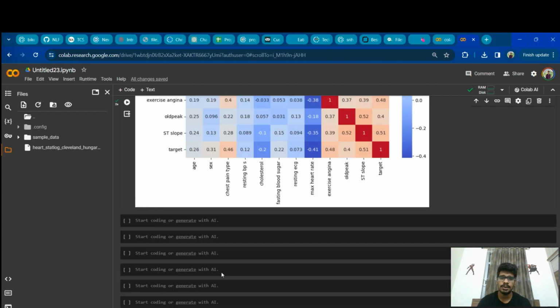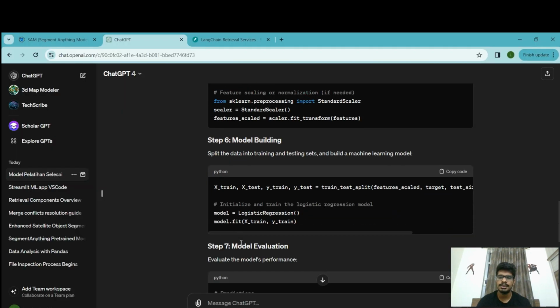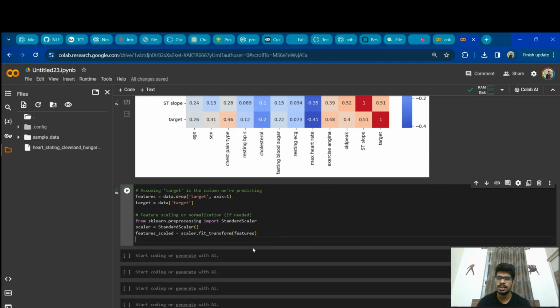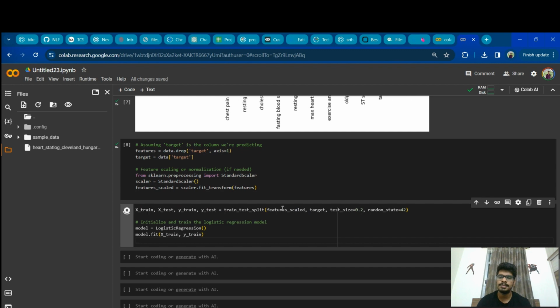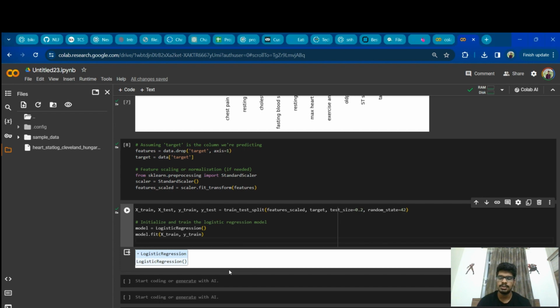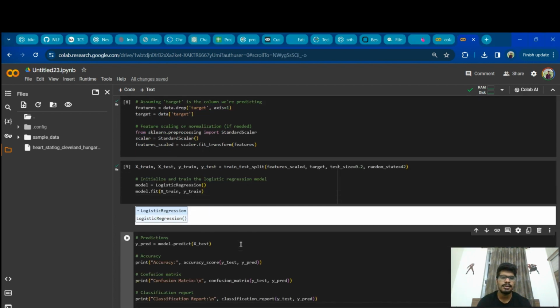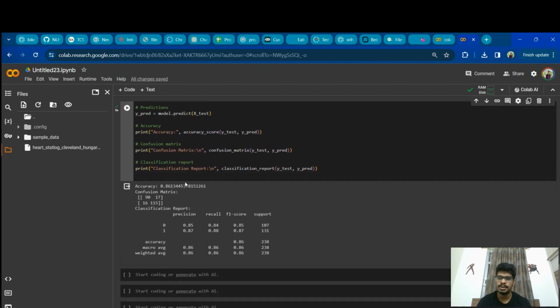And then we can go for the feature engineering part. We are doing some standardization techniques, so we are bringing everything under the same hood. And then, since it is a simple model, we can build a logistic regression model, because it's a binary classification task. And then on top of it, we are evaluating how well it is performing on the given train and test sets. So we have not run a single code, we have not written a single line by ourselves, but